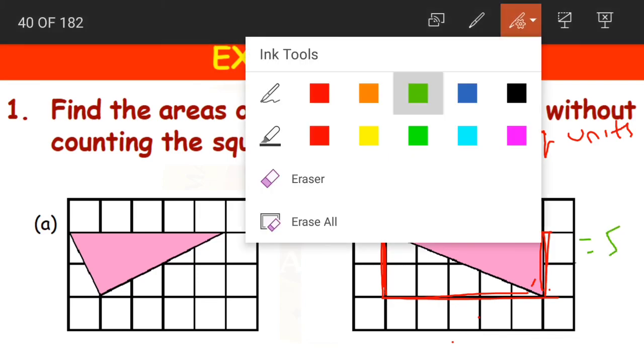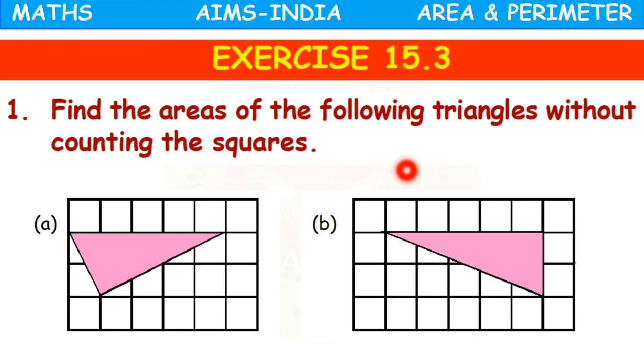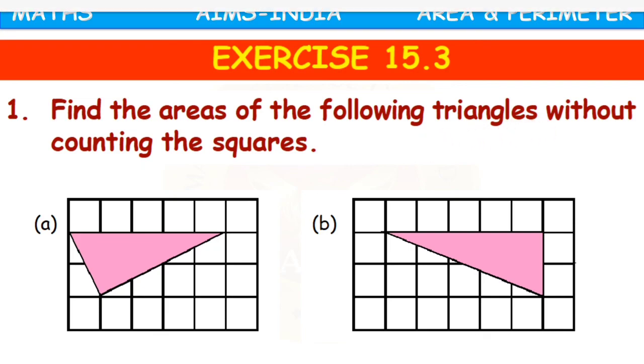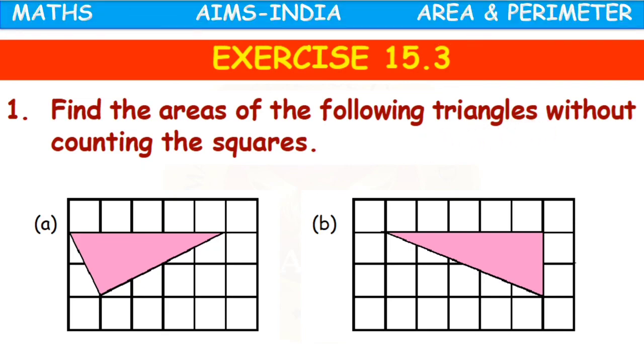Yes, and with this we end our class here. I hope the concept of the area of a triangle is clear for you. How do we find out the area of a triangle again? We find out the area of a triangle using rectangles. Now the area of a triangle is equal to half, that is nothing but 1 by 2 into the area of the rectangle.